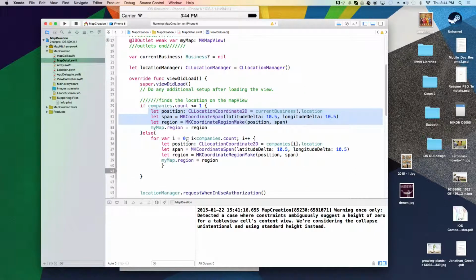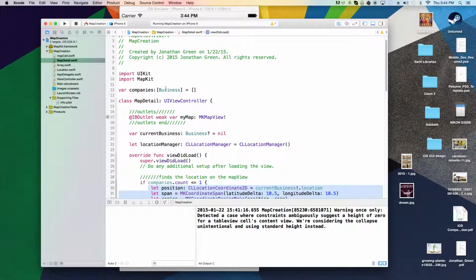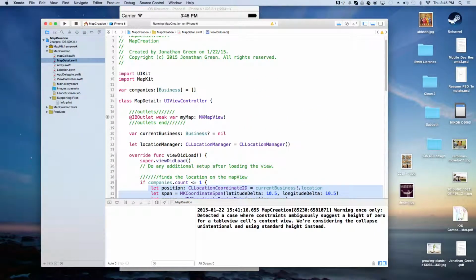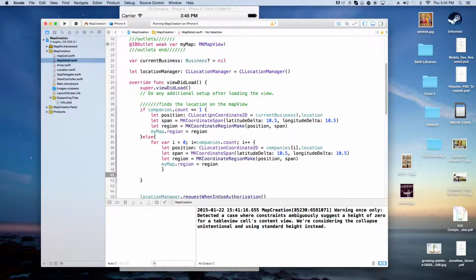Else, if there's any data in this companies array, which only happens if that all business button is pressed, then it's going to do this else statement,